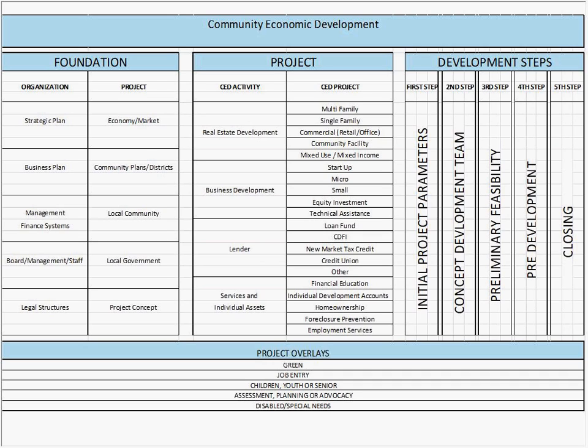A foundation column on the far left, you've got the key items under organization, the key things that an organization needs to have in place before you get involved with a lot of CED activities. It includes strategic plan, business plans, making sure your board, management, and staff are on key, make sure your legal structures are in place. And then it's understanding the project, understanding your community, understanding your local government, understanding what your community wants to do, whether it's a community plan or district,